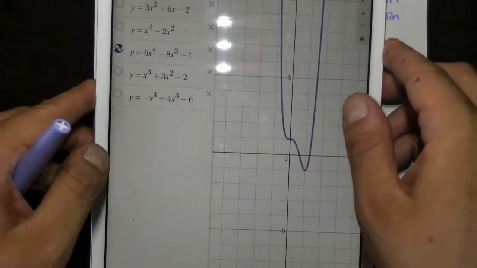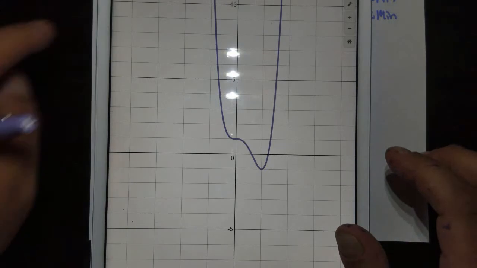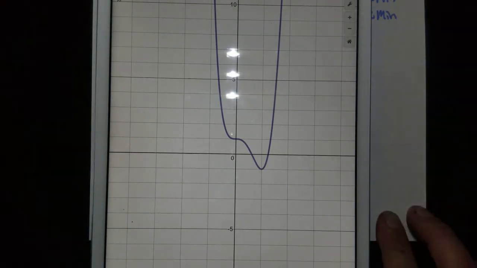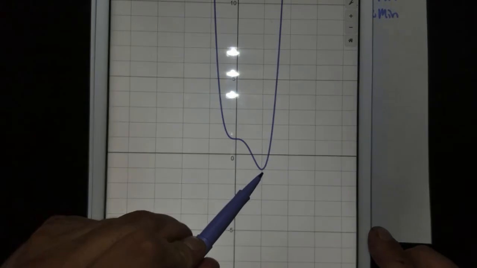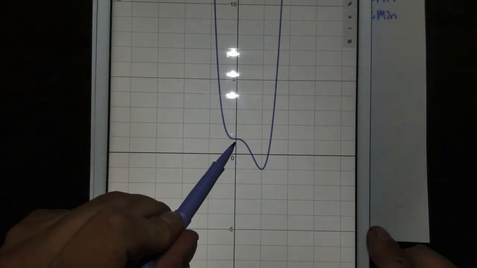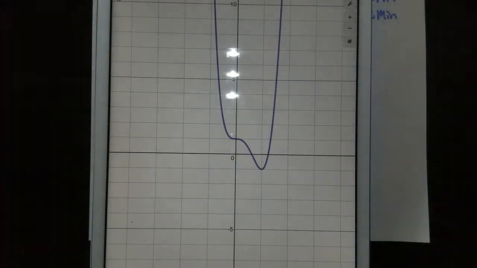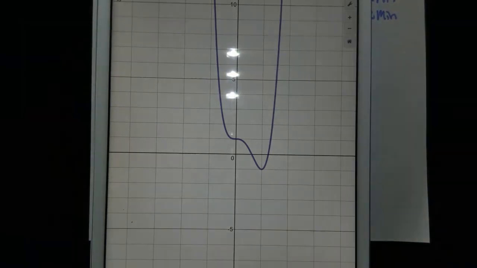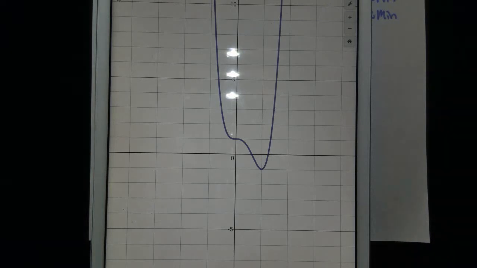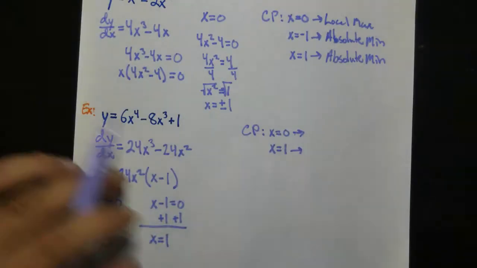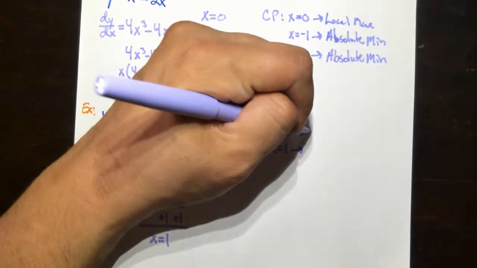Here we go. So this is a good example. We said one at 0 and one at 1. So here's 0 and here's 1. Well, the one at 0, notice that it's one of these neither cases. It's not an absolute min, it's not a max, but it's still a point where the slope is 0, right? So at 0, we can just say it's neither